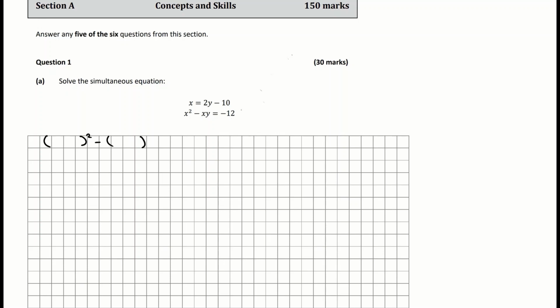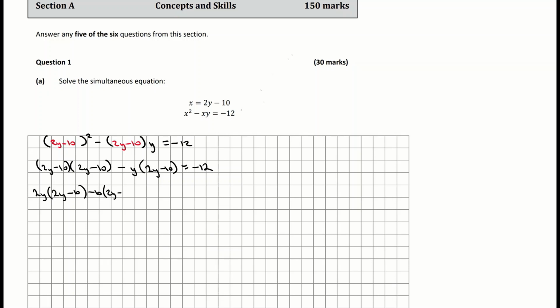Everywhere I have an x, I'm just putting in my brackets, and I'm going to sub in 2y minus 10 for x. In the first set of brackets, I need to multiply them by itself because it's squared. And in the second one, I'm just going to put the factor, the y, or the multiple, the y, to the front of the bracket, just because we're more used to multiplying from the front rather than the rear of the bracket. So multiplying out my brackets here, first term by second bracket,